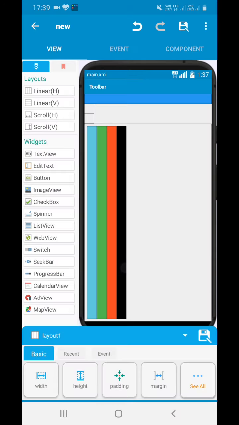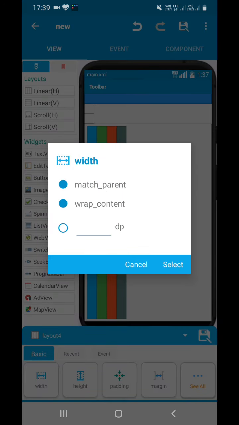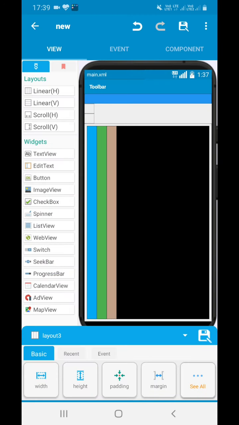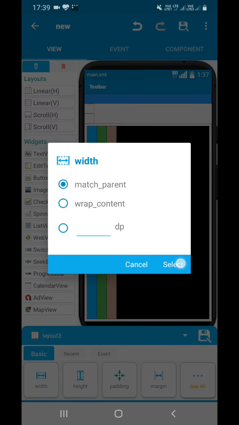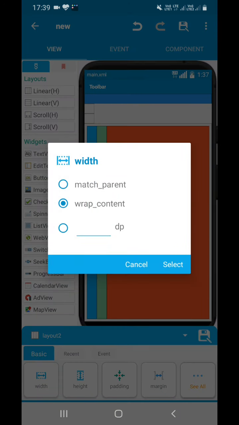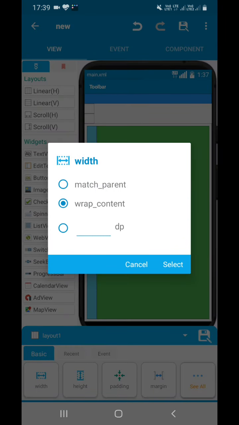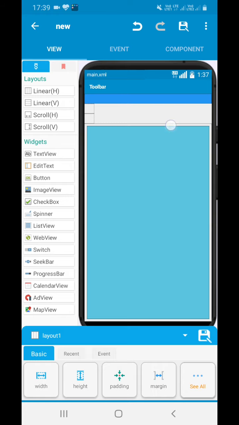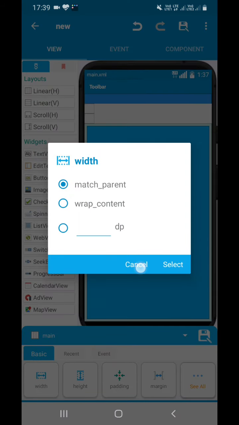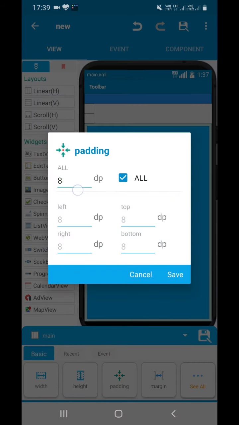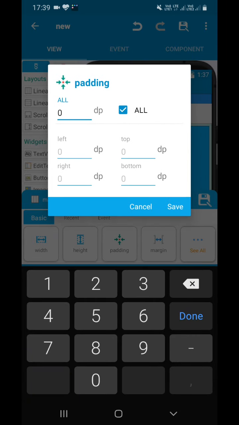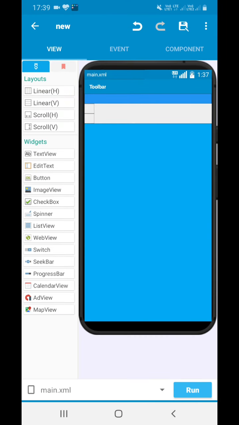I am changing everything back to the default, match parent, whatever changes I did for making you all understand. Layout 1 is also match parent, and the main padding is set to 0. View section is done.